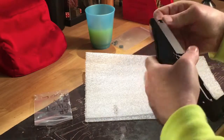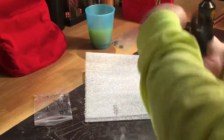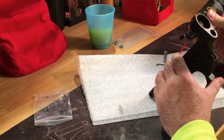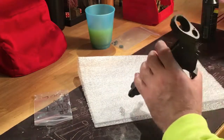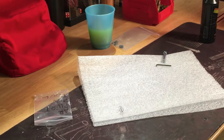And put a little oil in that channel. New spring, new everything. Put a drop of oil in the channel. And that was a massive drop of oil, so let me shoot that a little. Okay, so